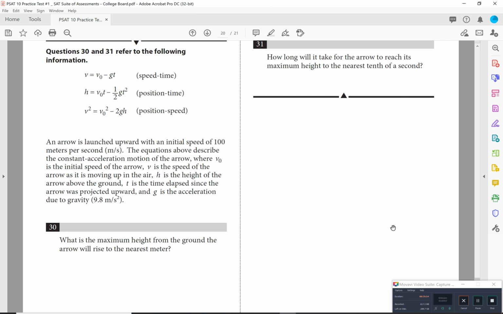They give you 100 meters per second, and they're asking you, in this case, given gravity, which is 2 times, it'll be 2 times 9.8 times h, basically. And what throws you off in this question, I think, is, in essence, you don't know which of the equations to use. So they do tell you an initial velocity right off the bat. I want to bring to your attention that initial velocity